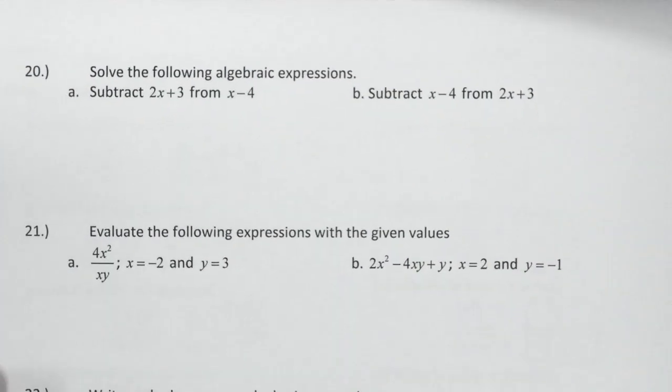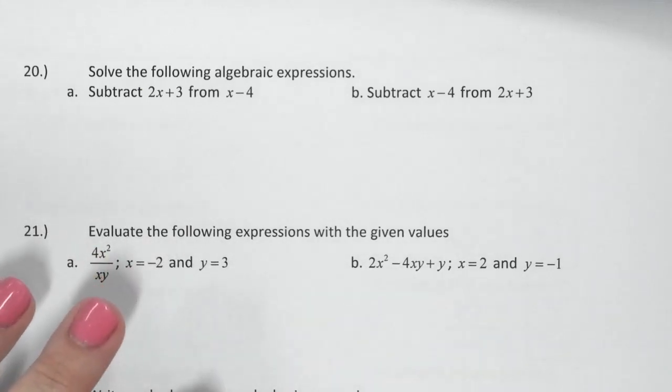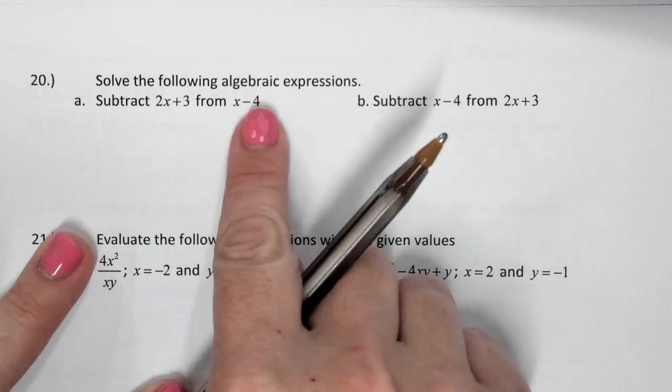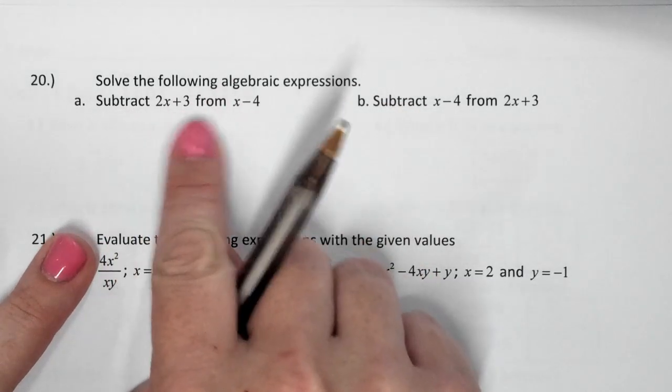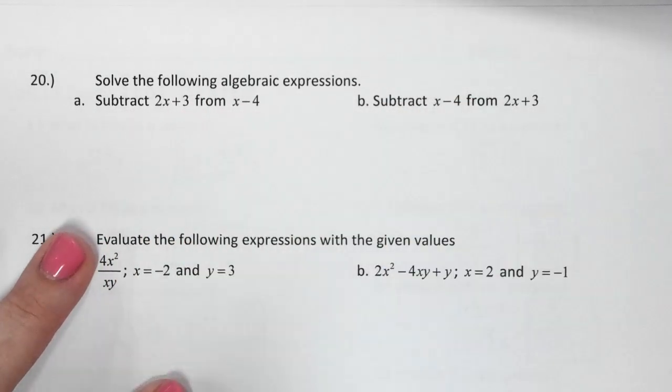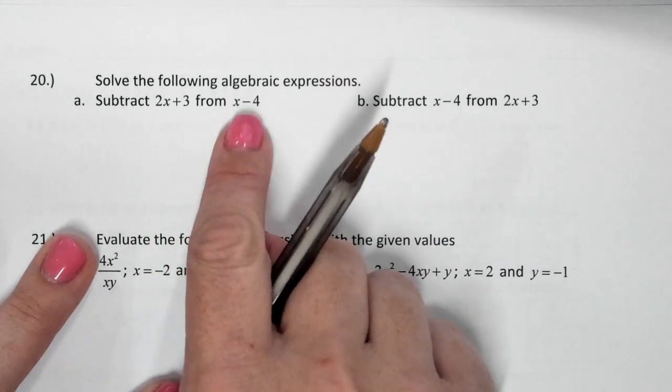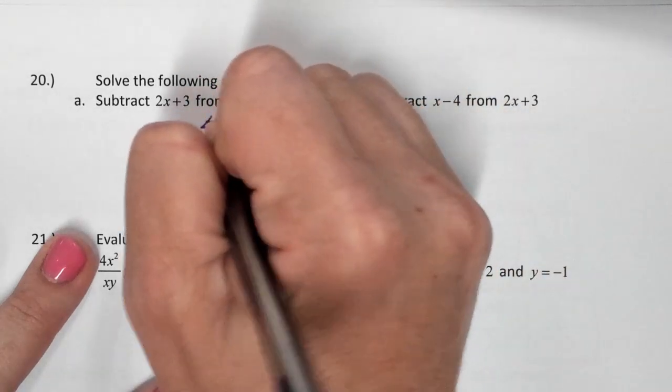Okay, 20a. It says subtract. So solve the following algebraic expression. So subtract 2x plus 3 from x minus 4. If I'm going to take away, remember subtraction is take away, something from you, you have to have it first. So whatever you're taking it away from has to come first. So remember, from means flip-flop. So x minus 4